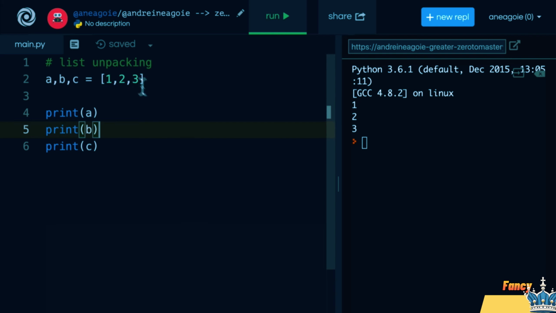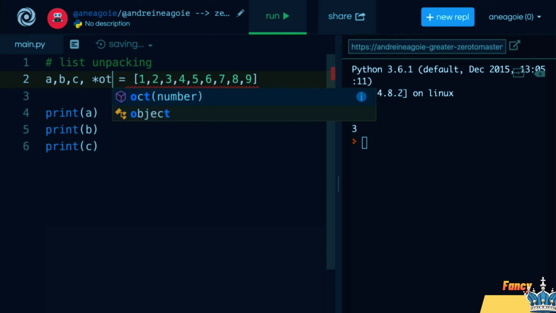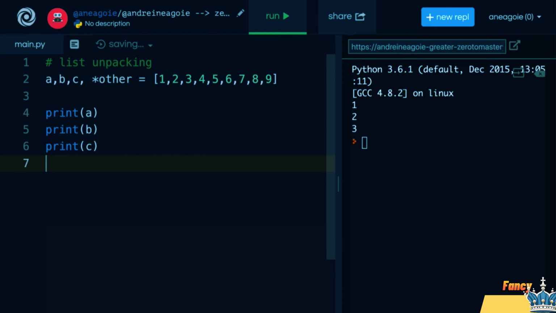We can actually, let's say, extend our list to include all the way till 9. What if we wanted to unpack 1, 2, and 3, but keep everything else still in a list? Could we still do that? Well, with list unpacking, we can. All we need to do is say comma and then add a star and give it a variable name, whatever we like. Let's say other. So now if I print other and I click run,